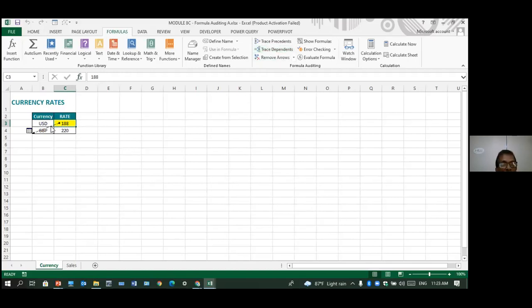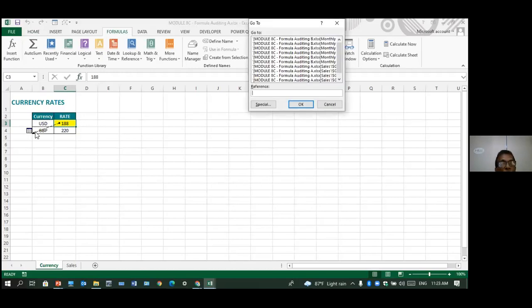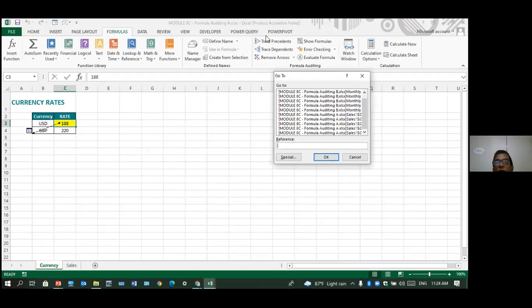Can you see it puts a dependence onto a different sheet, right? There you are. You double click on the arrow, you can see all these are dependent on that. 8C, we are in formula auditing A. But you can see in formula auditing B all these cells refer to this. You can see where it refers to. So if I delete this, all those will become error. Right? So I select any of these and say okay.